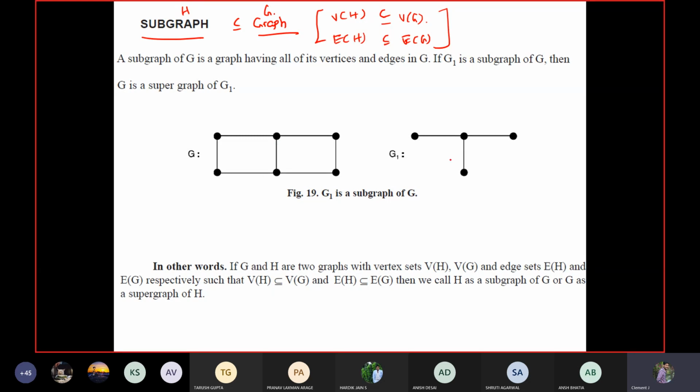In what ways? Totally, there are 3 vertices. All the 3 vertices are in the shape of the original graph G. Also, it can have the same connection that it has originally in G. See, if I consider this as V1, V2, V3, V4, V5, V6, then here also it can be placed like V2, V3, V4, here V5.